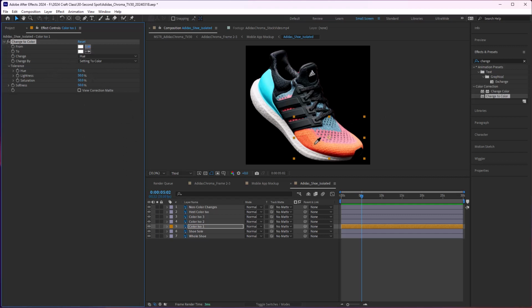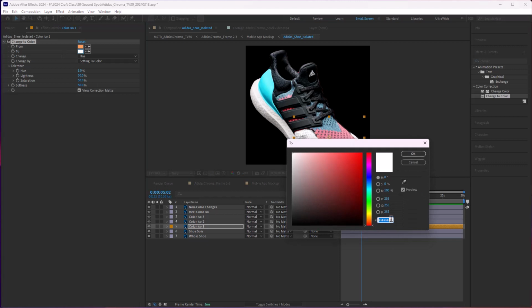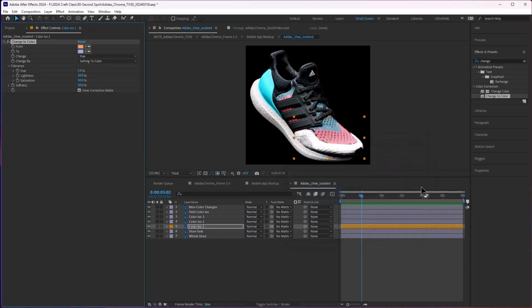So we have this eyedropper. I'm just going to select an orange right there, and you can see how it does that. By checking this box right here, you can see what's actually being selected and being changed. And then for changing the color to, all I have to do is just paste that hex value in there. And it's not great right now because this is where you kind of mess with this stuff. Change the hue, lightness, and saturation. Saturation, maybe. So that's pretty good right there because you can get the saturation differences in the color,